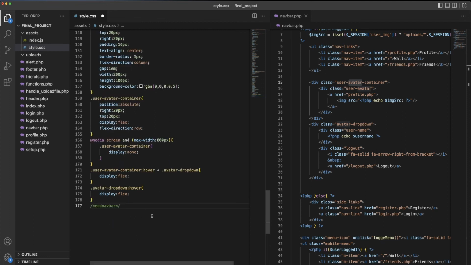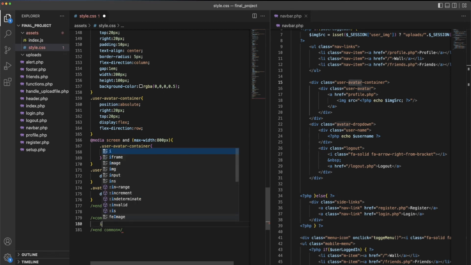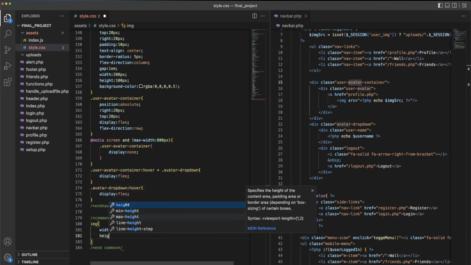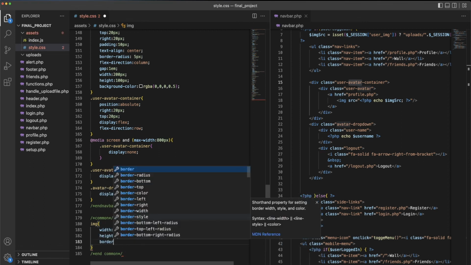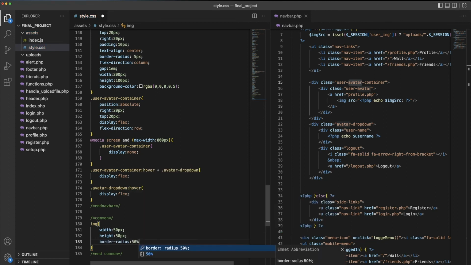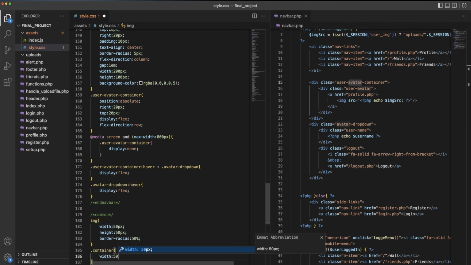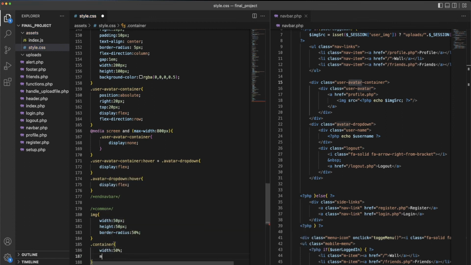Now I want to add a few common CSS properties that we will face in different pages. So we'll just put common here, and then here I'll put end common. So these are our common CSS variables or properties. We've got the image, which will reoccur in different pages. We'll set the width to 50 pixels and the height to 50 pixels and the border radius to 50%. And then we've got the container, which we'll set to width 50% and then margin auto,